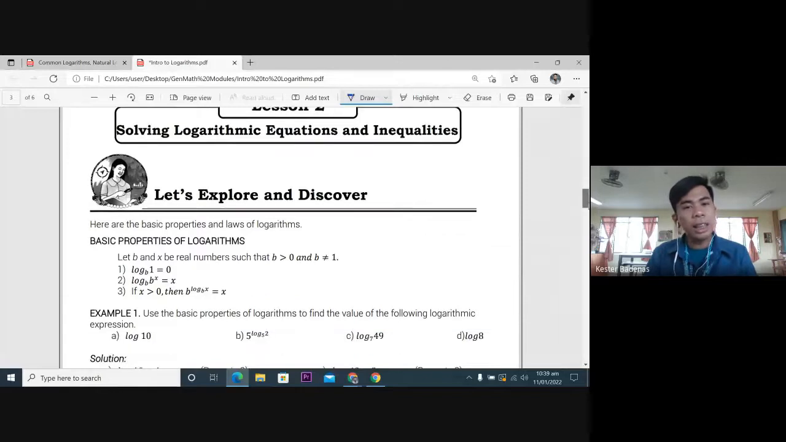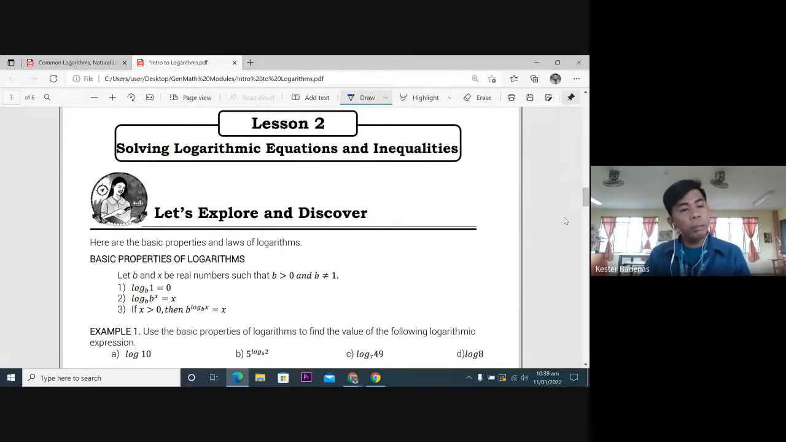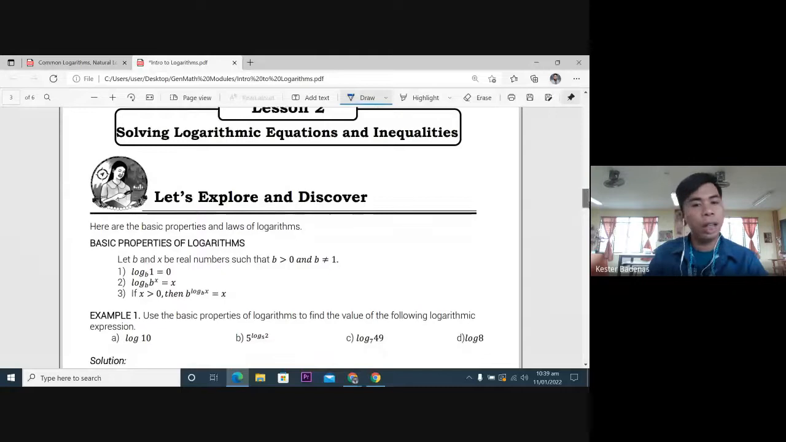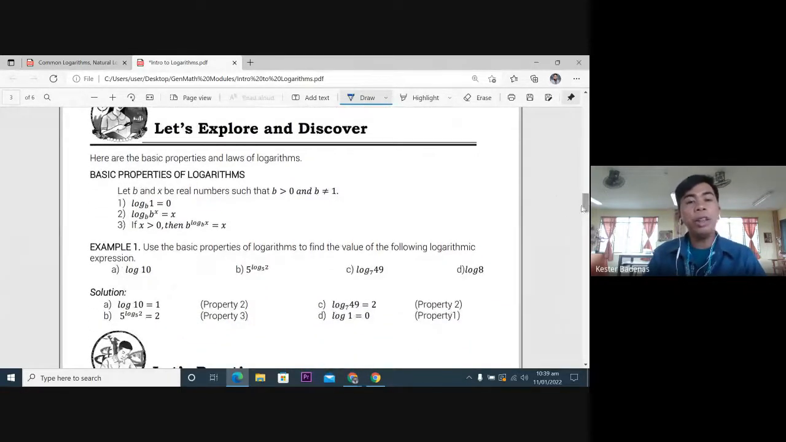Next lesson natin is all about solving logarithmic equations and inequalities. So, meron tayong basic properties dito ng logarithm. Okay? So, let b and x be real numbers, such that b is a positive number and b should not be equal to 1. So, if we have logarithm of 1 with the base b, that would be equal to